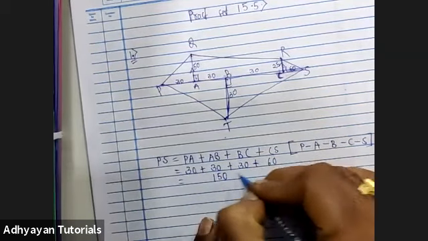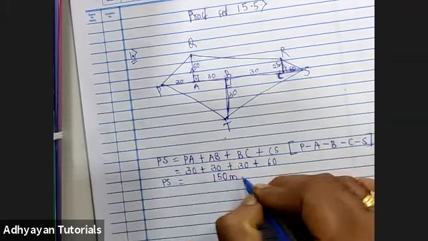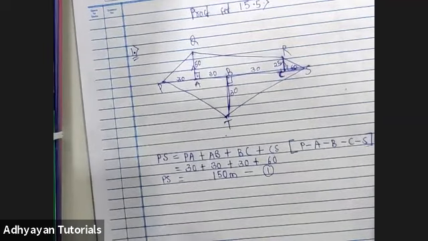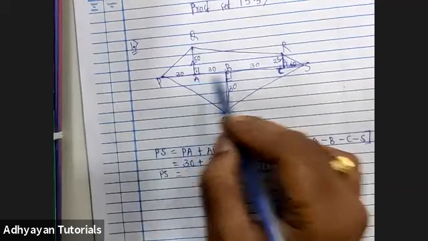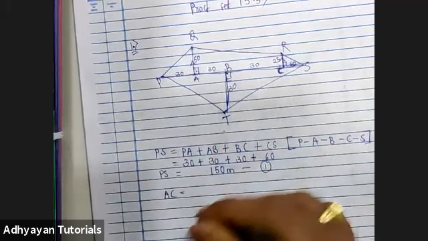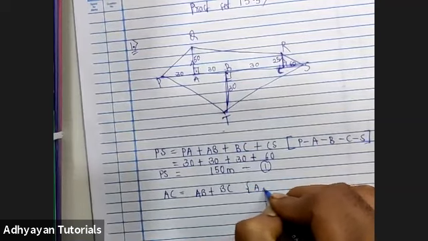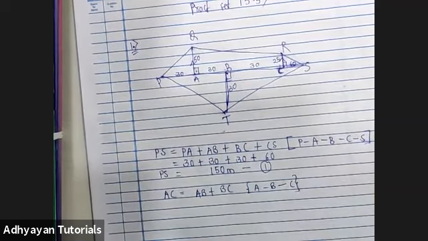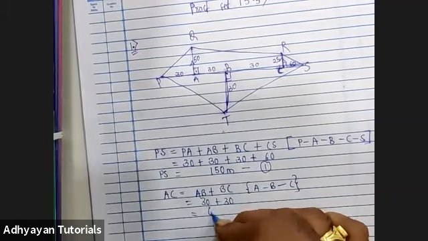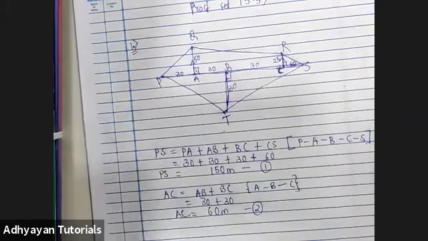So हम, child, you have raised hand. अगर कुछ query है तो type करके भेज दो. So PS is 150 meters. I mark it as our equation 1. Right? Moving on to the next segment, which was AC. AC, can I write it as AB plus BC? Right? A dash B dash C. Now AB ka value is 30, BC ka value is 30. So that is 60 meters. Equation number 2. I hope everybody has understood this.